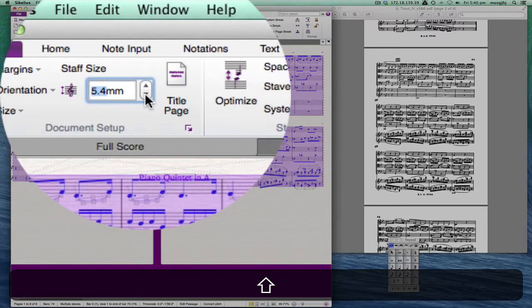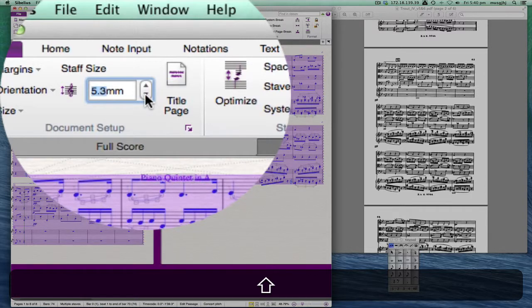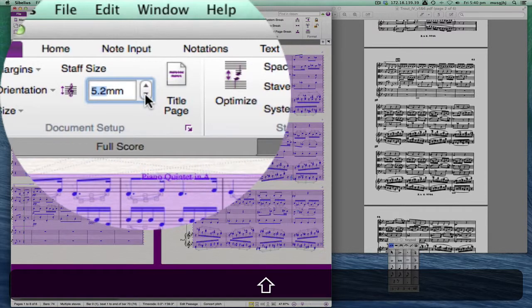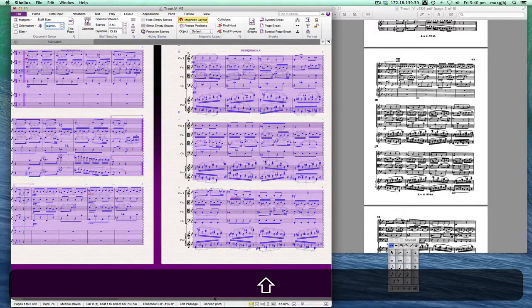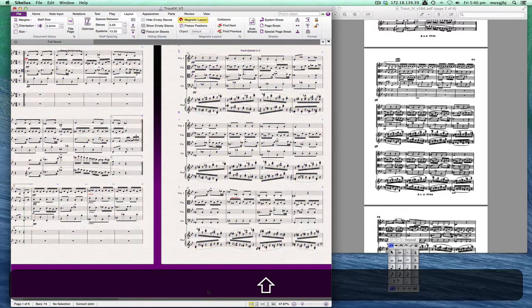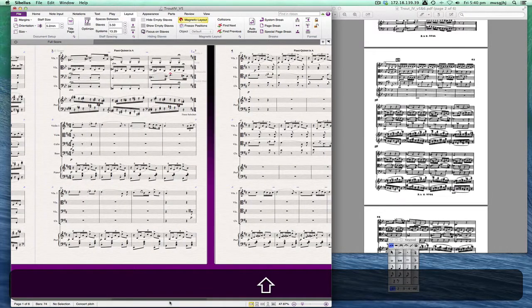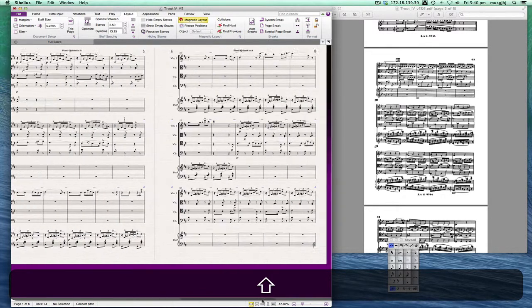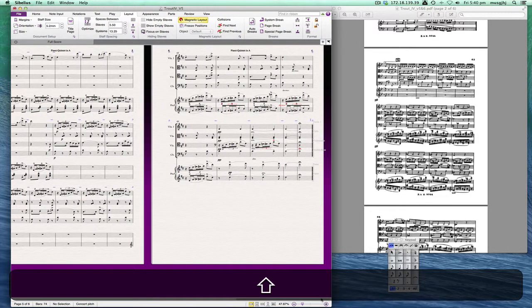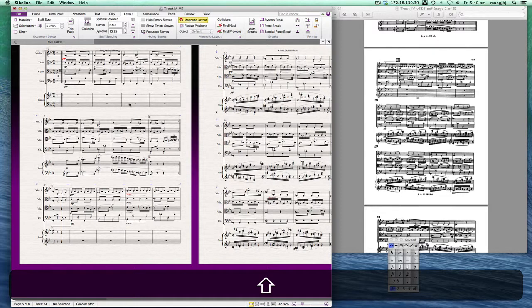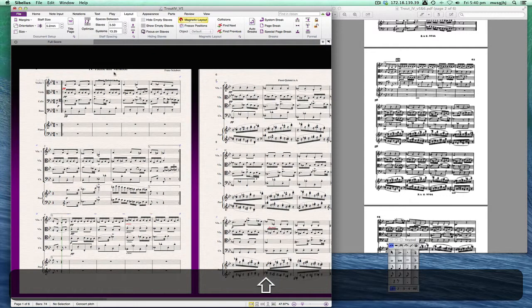And that would be to get 3 systems onto each page. There we go. Okay, so we had to go down to about 5.2, and that's not too bad. That's not really any smaller than what we're looking at over here on the side. And that looks pretty good, except that we have 2 systems on the last page, 1 system on the first page, and we still can't see the